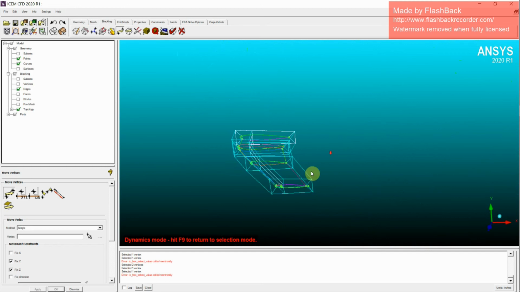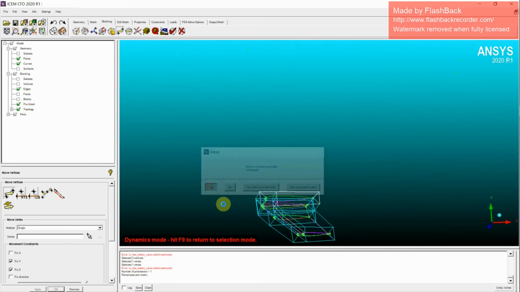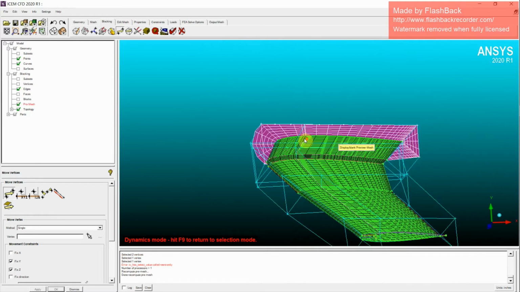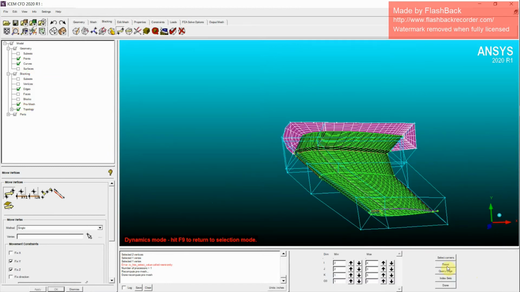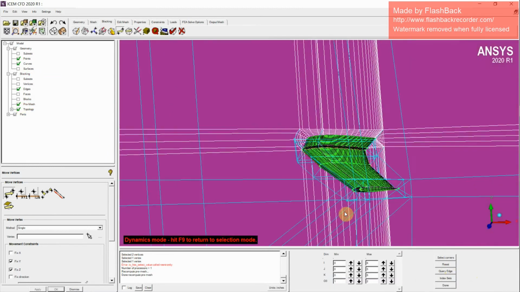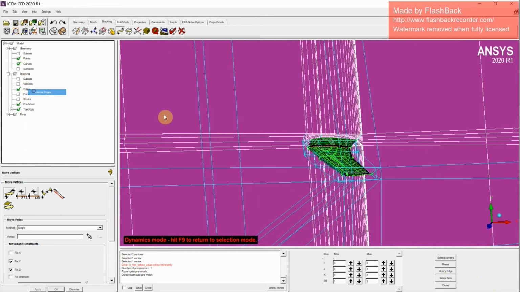I guess that will be fine. So now let's try pre-meshing it again. Now you can see the elements are arranged more properly. So let me go to index control and reset everything again, and I'll hide the outer part of the O-Grid, and switch off the internal edges.